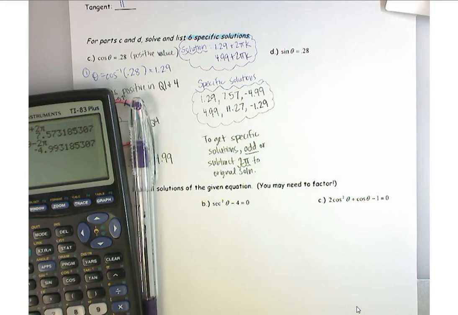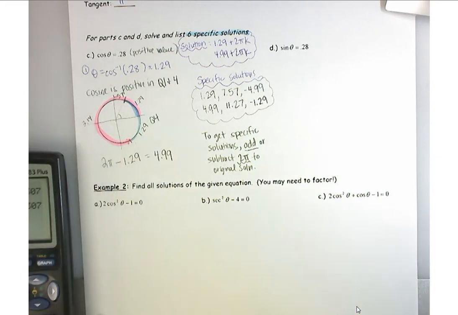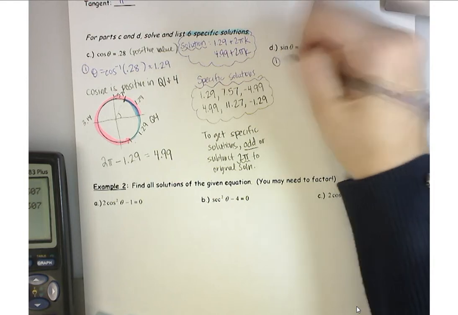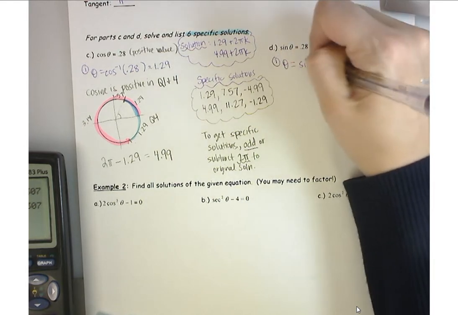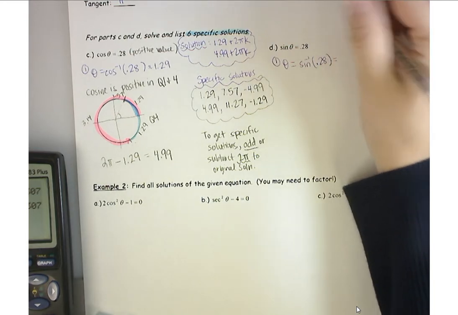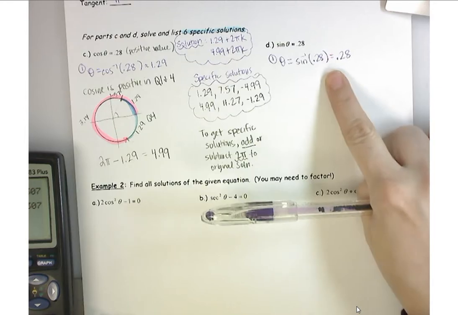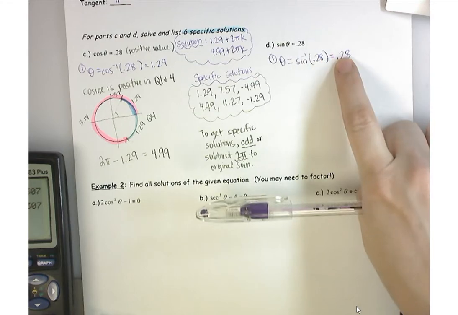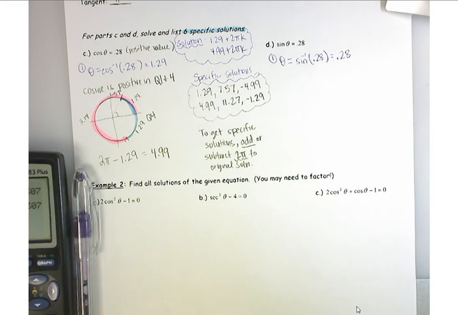Okay, hopefully some of you were already thinking about that. So your first step is similar. You're going to find theta by doing the inverse. Did some of you already do that? Yeah, what did you get? 0.28. Okay, so this is a special point where it happens to be the same as what you plugged in. That's fine. So then what we have to do is find where